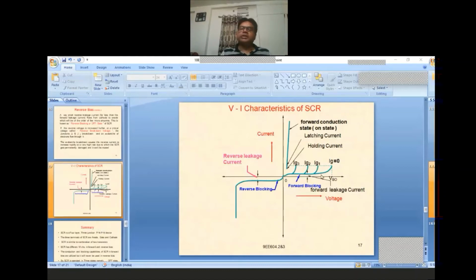So these things will be discussed from the point of view of power distribution or heat dissipation also. Average power consumption in the gate circuit will also be considered. Those gate characteristics will be discussed in the following sessions.